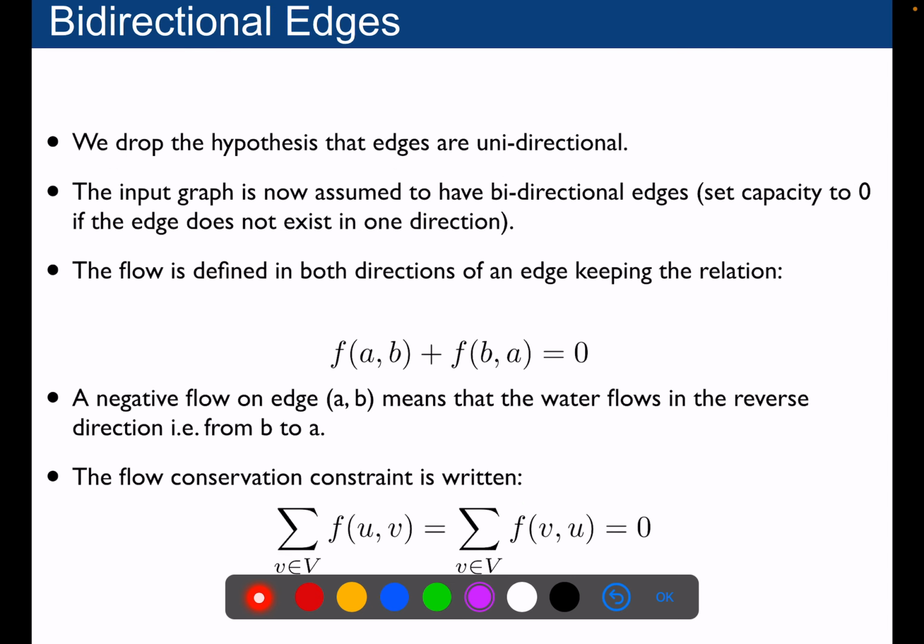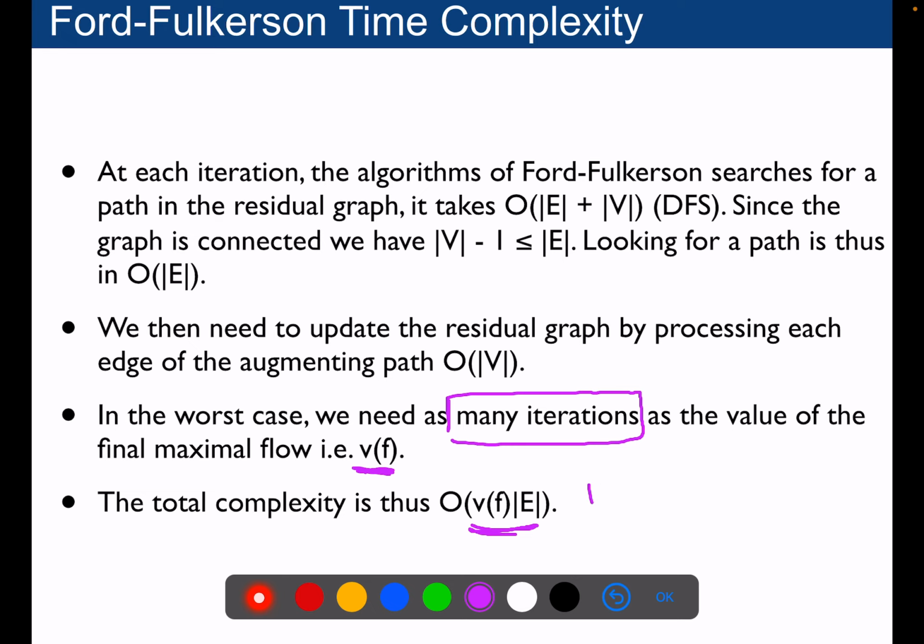Is it polynomial? Okay, is this time complexity polynomial? Not really, right? Because if you have here very, very large values for the final value of the flow, then it can take a lot of time. Okay, so that's not strictly polynomial in the common sense. Okay, we say that it's pseudo polynomial in that case, because it also depends on the absolute value of the input that we have.